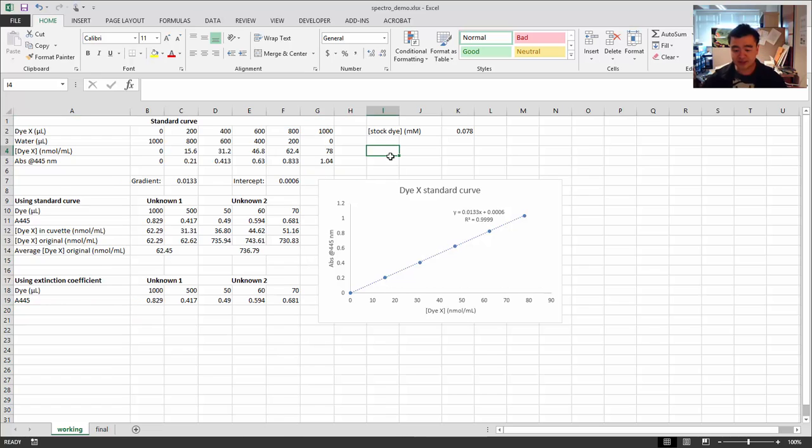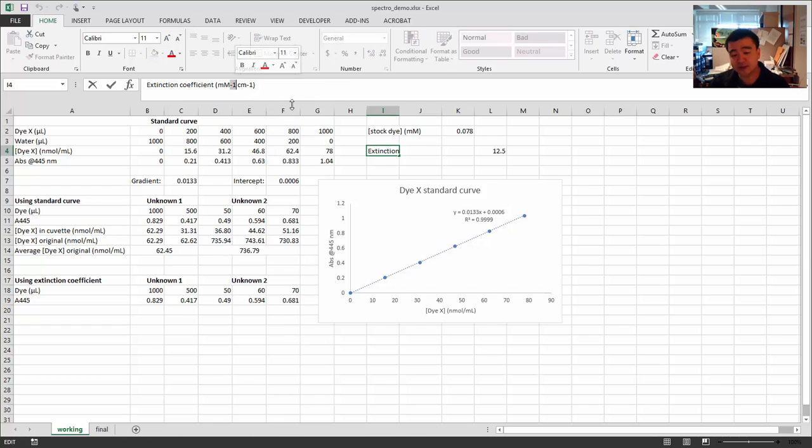Okay, now the quoted extinction coefficient for this particular dye, let's put over here. The extinction coefficient, which is quoted in per millimolar per centimeter, is actually 12.5 for this particular dye. Now, if you want to format this and make it a little bit prettier, you can actually put superscript on